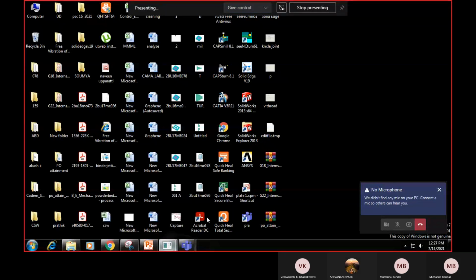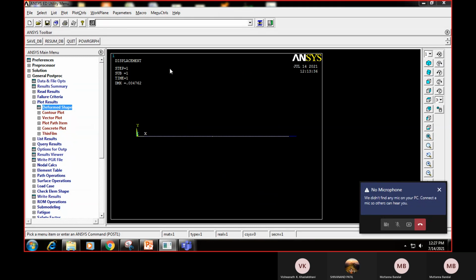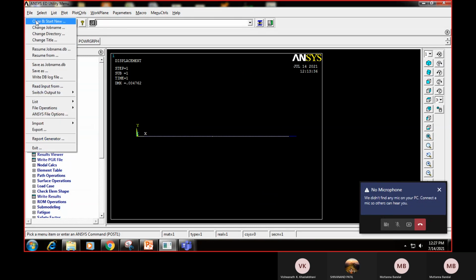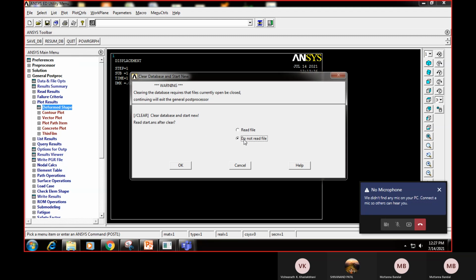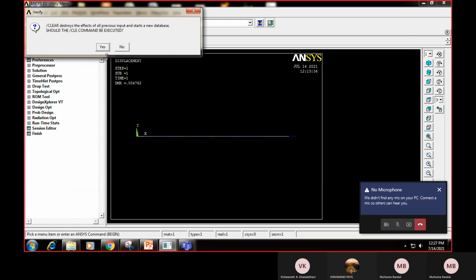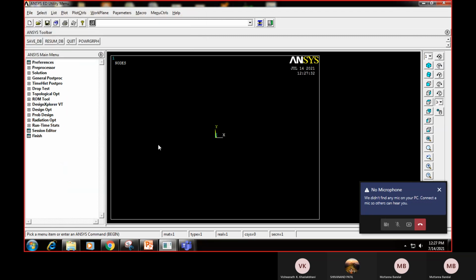Once we open the software, it looks something like this. I'll go to File and say Start and Clear. We'll start from a fresh window. So this is the window of the ANSYS APDL.